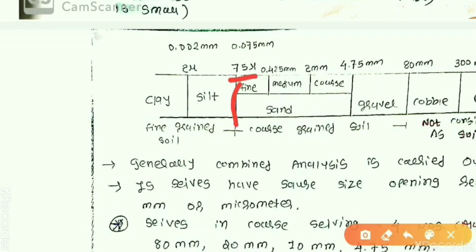It is 75 micron, or 0.075 mm, because 1 micron is equal to 10 raised to minus 3 mm.